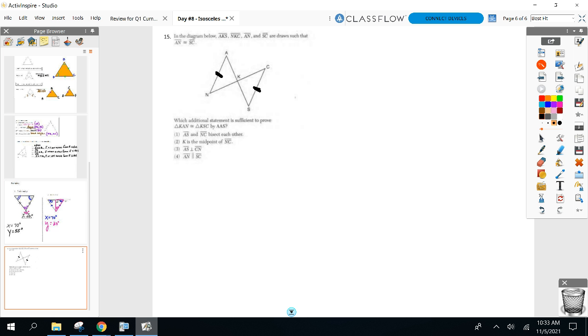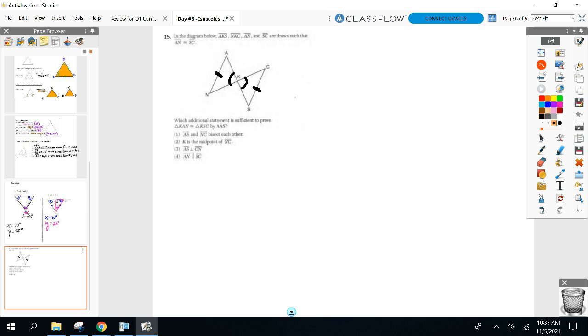What else could I mark on my diagram congruent? Oh, you can mark the AN and SC as parallel. No. What else? I don't even know any of this other than AN congruent to SC they gave me. What else could you mark? And SKC, they're